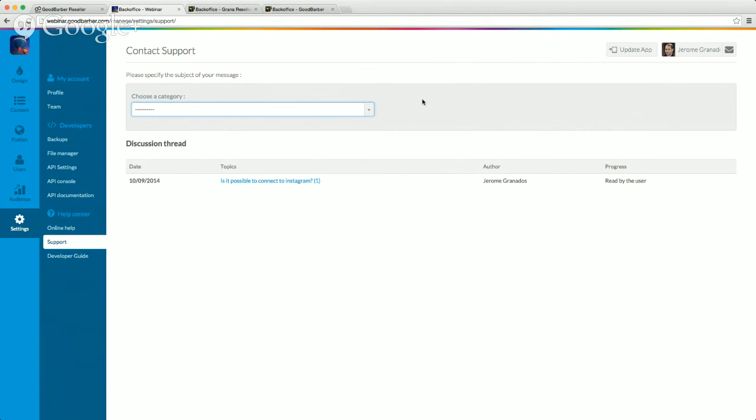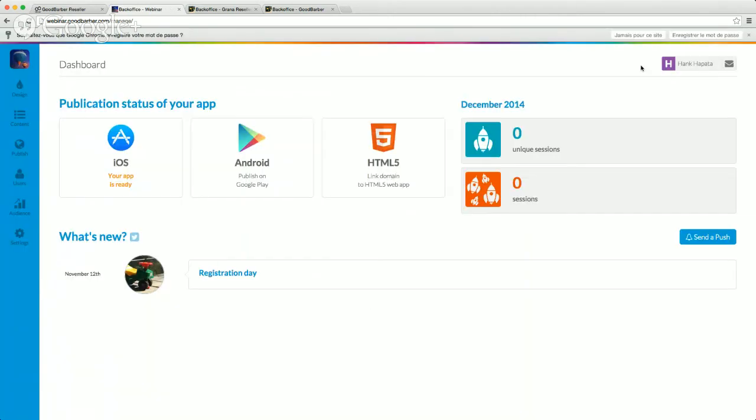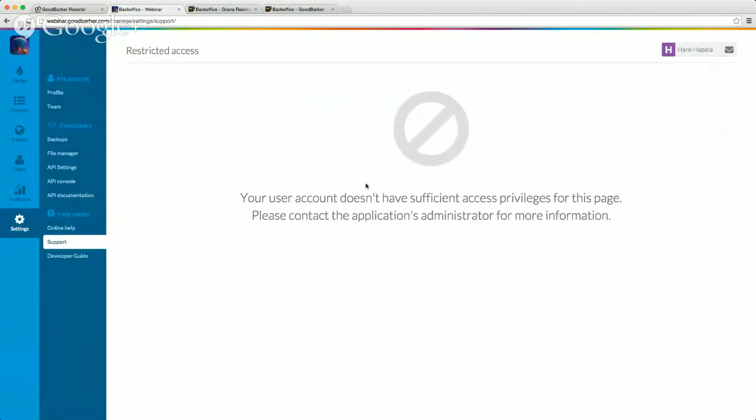Now, from your customer's point of view, let's log out again and log in with my customer. Okay, so now if I go to the support, the page is closed. The page is closed because if the page was open, it would have opened a ticket to the